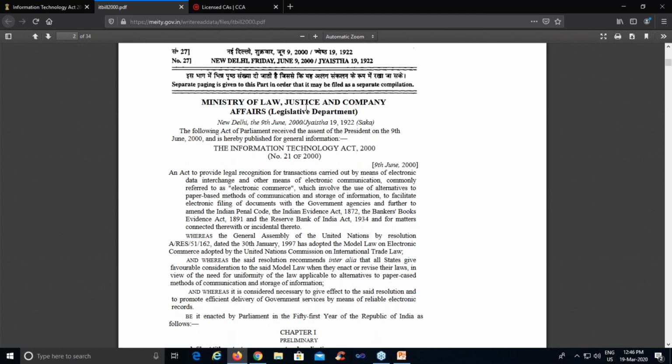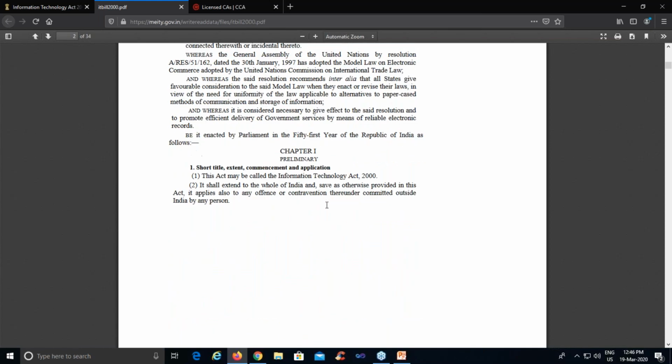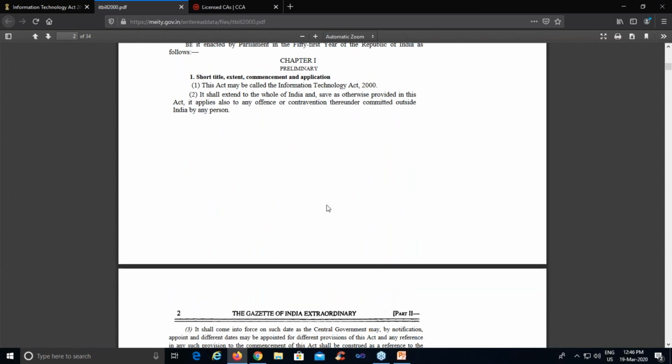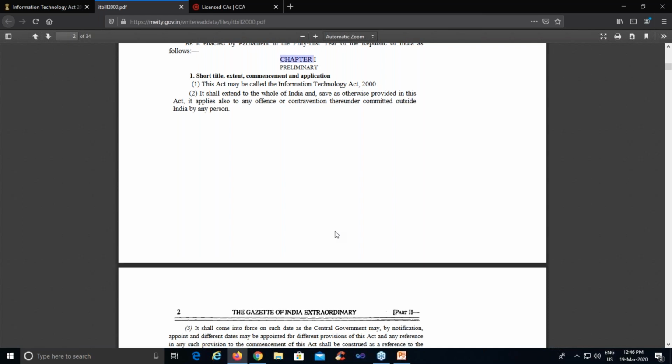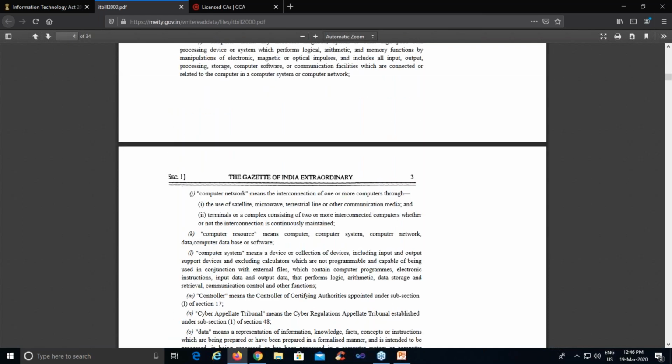So the Ministry of Law, Justice and Company Affairs, they have designed it in a number of chapters, right? So here you can see chapter 1, that is the preliminary chapter, chapter